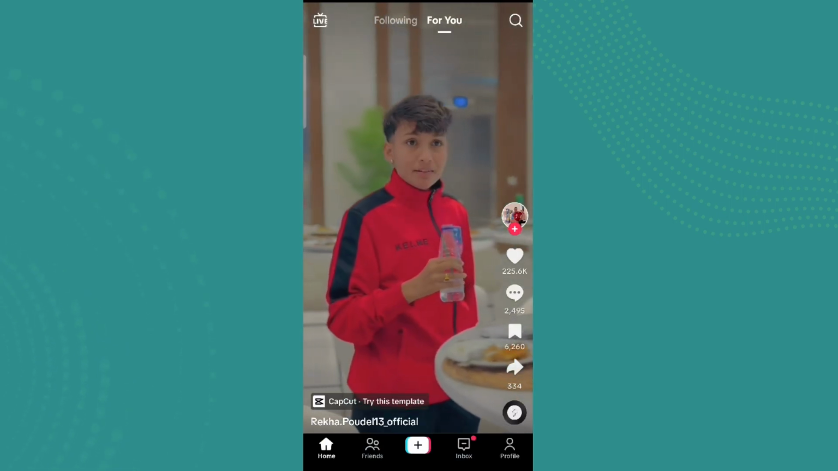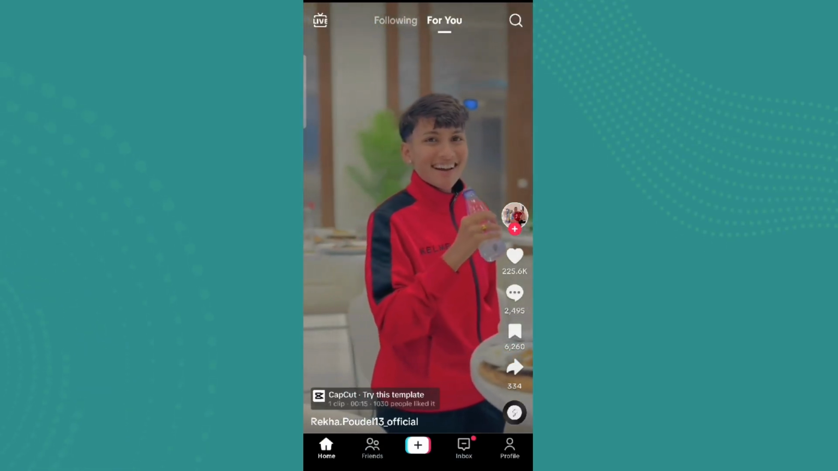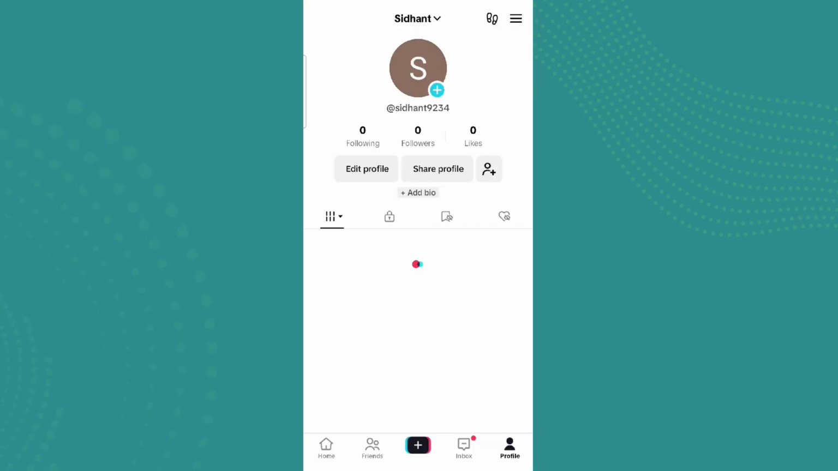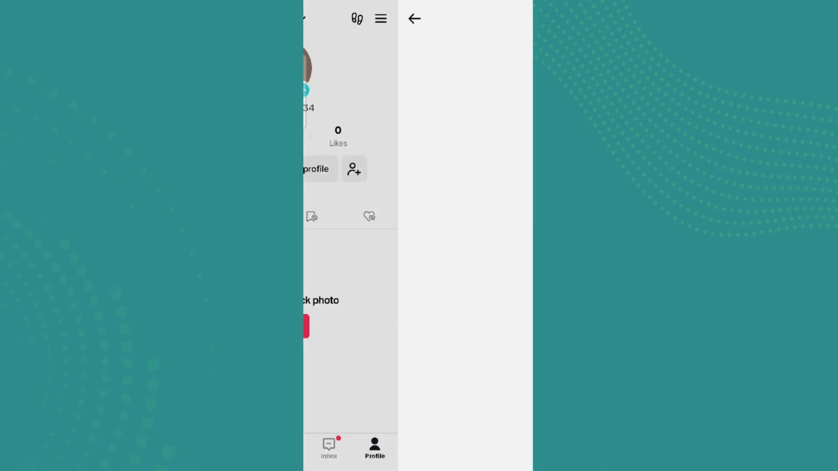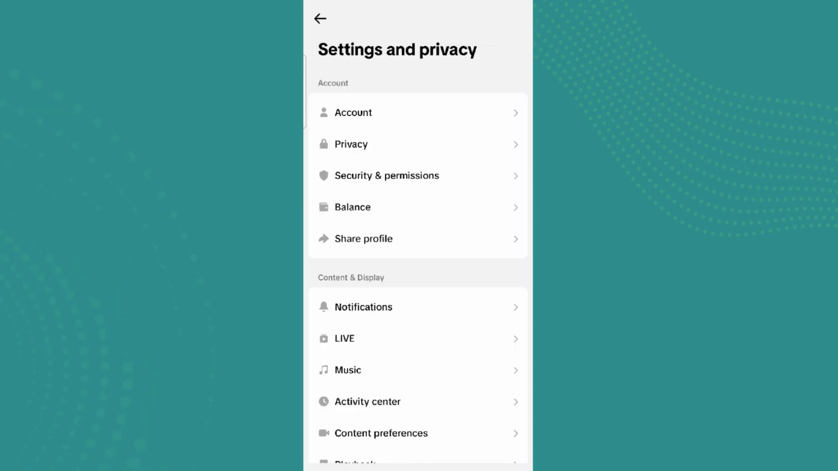Sometimes you might lose your phone number and you would like to change it from TikTok. For that we need to simply click on the profile icon in the bottom right and click on this three-line icon on the top right and click on the settings icon over here, settings and privacy, and over here we can see this account option. Simply tap on that